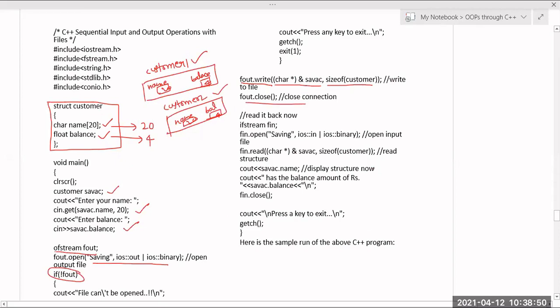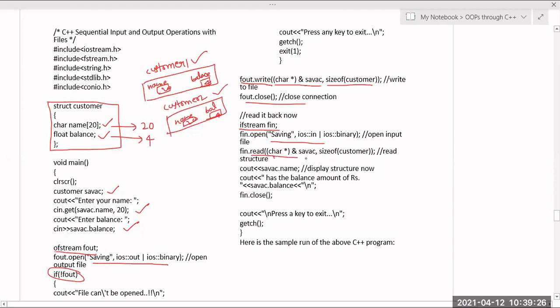And after this one, until this point I am writing the data into the file using this write function, and this is the code which is used to read the data from the file using this read function. So for that also I have to create an ifstream, because if I create fstream itself, then I can use it for both reading and writing operations. But here I created ofstream, so that's why I can use it only for writing. And that's why I'm creating another object like ifstream fin, and I'm opening that particular file.